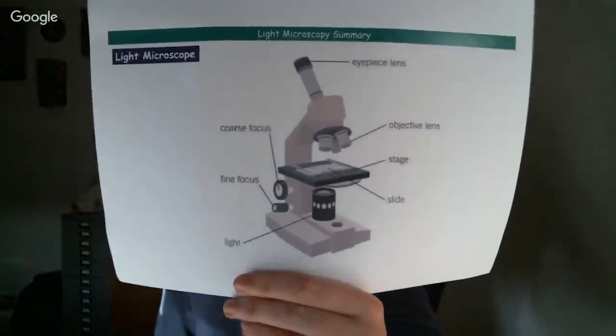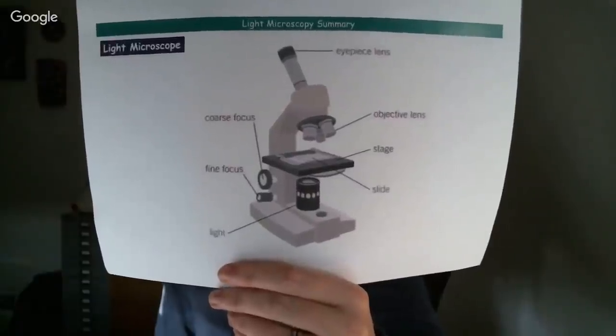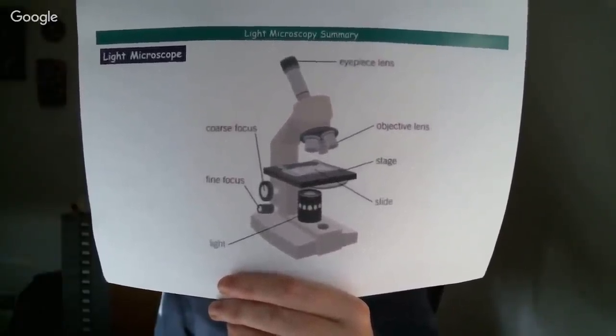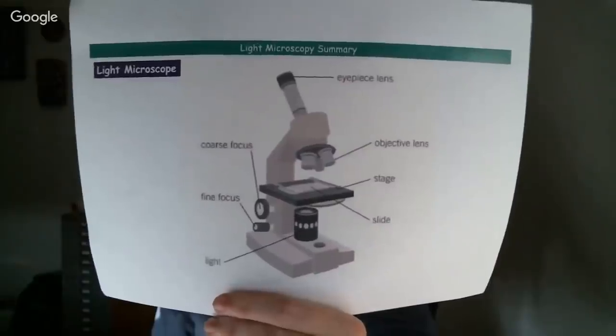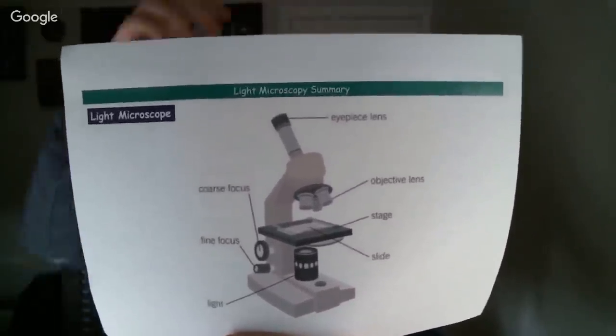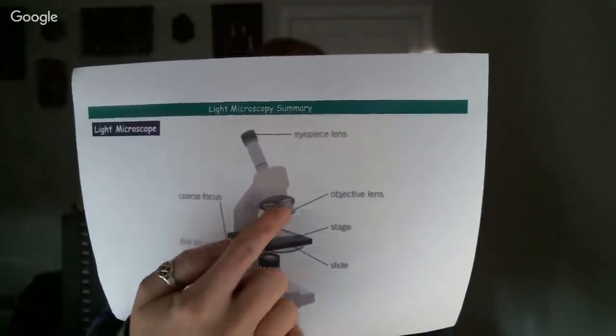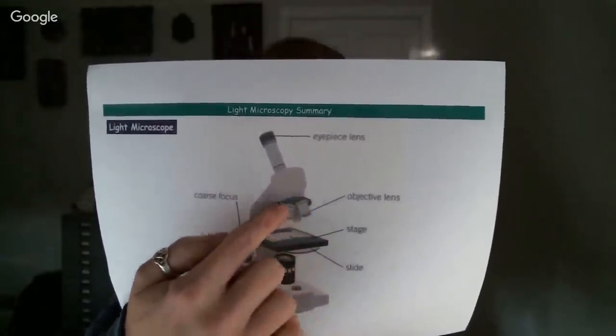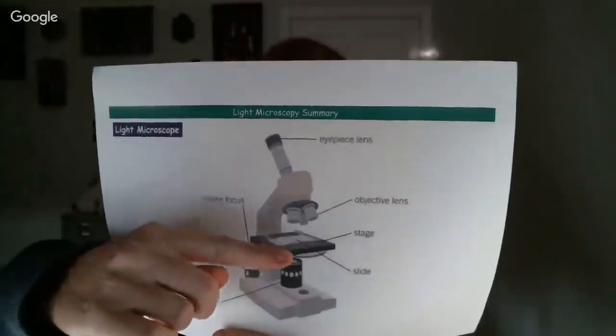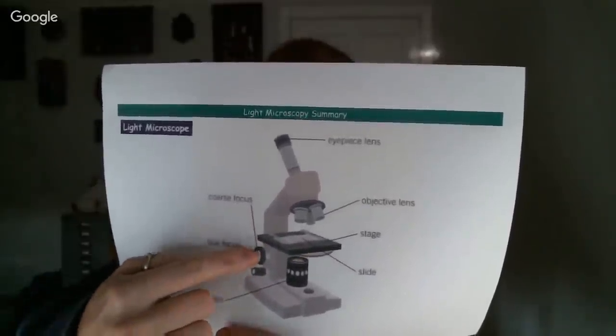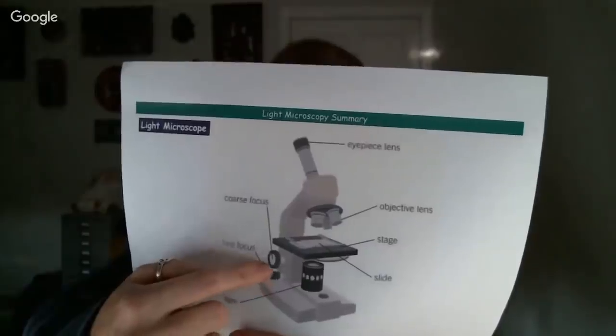When we think about microscopy, then what we've got is our light microscope first of all. So make sure you do know the key parts on your light microscope, just in case they ask you to identify. So don't forget, we've got the eyepiece lens at the top. We've got the objective lens, which are the three we can switch between different magnifications for. You put your slide on the stage, and then we focus it with the two dials on the side, coarse